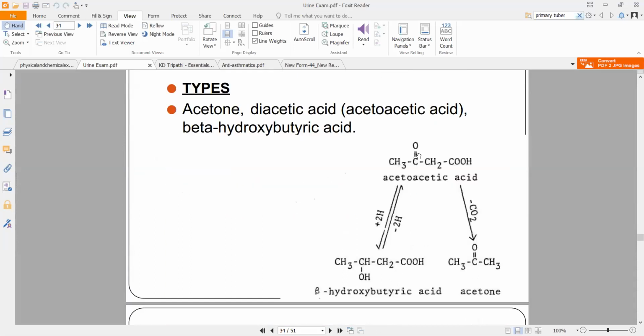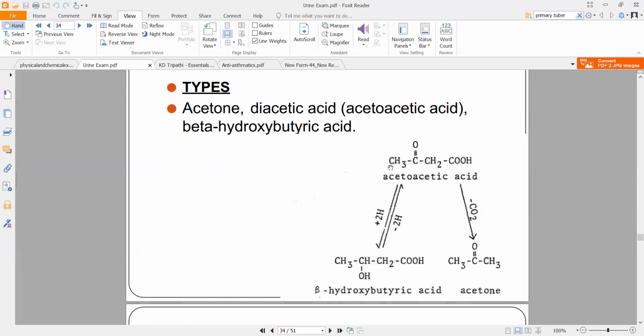What is a ketone? This is a ketone. See, C double bond O. This structure, if you remember in carbohydrates, I told you your sugars can have both an aldehyde group and a ketone group. A ketone group will be one with C double bond O, with R and R'. So basically your CH3 is one alkyl group, and your CH2COOH is another alkyl group. For now, that is R and R'. So different alkyl groups are attached to that C double bond O. This will indicate a ketone.